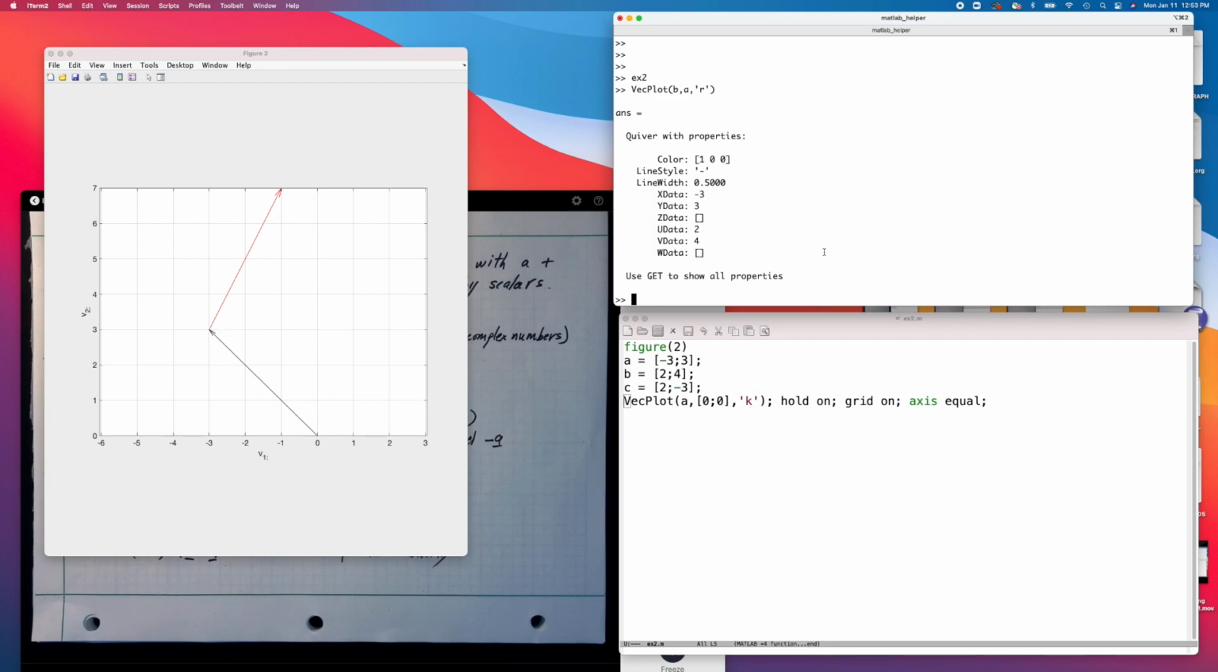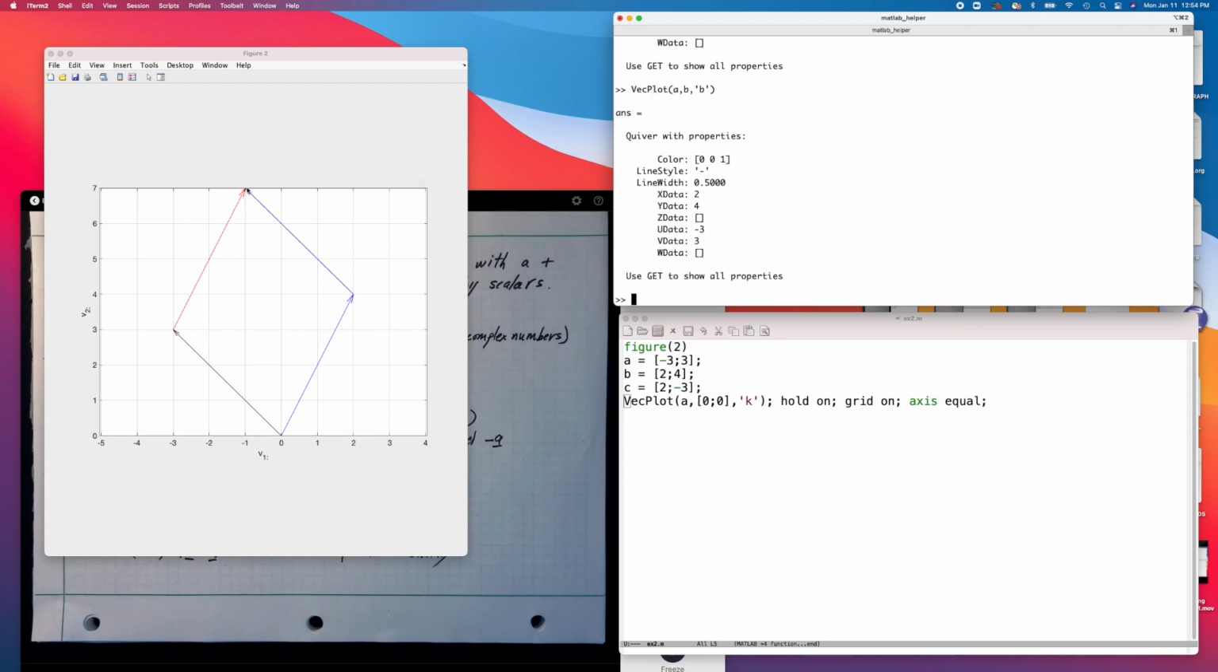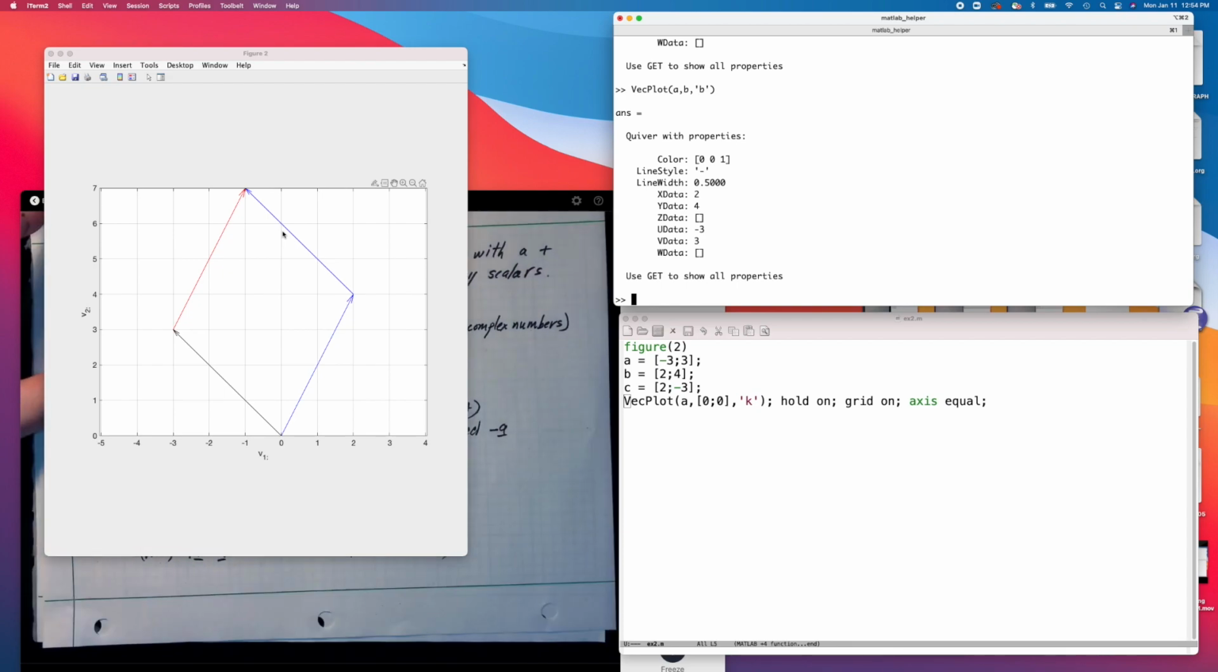Now I'm going to do it the other way around. First I'll plot the vector B in blue. This is B, to which I will add the vector A. I put the tail of A at the tip of B, and I get back the same answer. So regardless of whether you go A plus B or B plus A, you get the same answer, which is clear